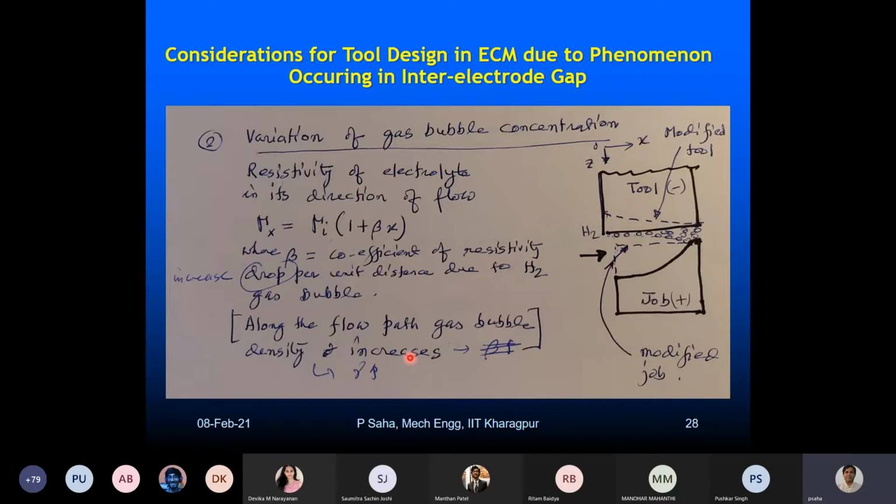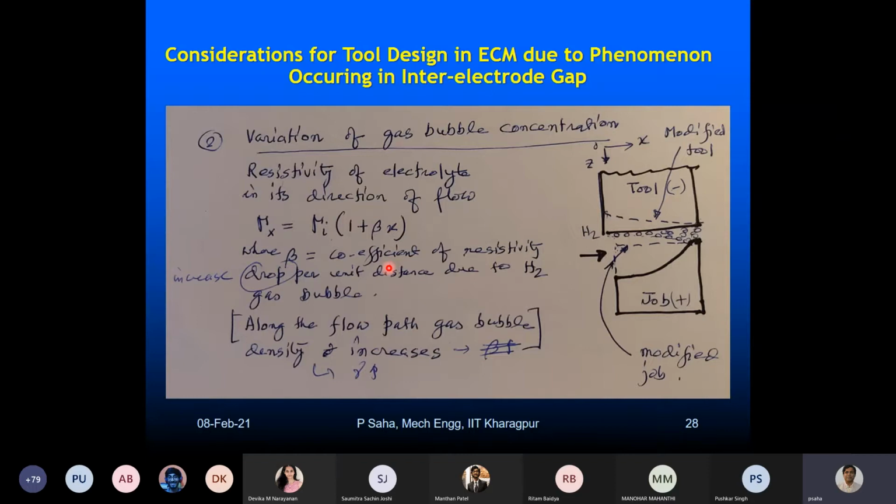Okay, so this is something we have to do depending upon the situations that may happen, because there is no straightforward rule. Because what could be the beta value? Beta value again depends upon the rate of your bubble generations, which are dependent upon the machining rate, and how much they are distributed, that would depend upon the incoming electrolyte pressure, how much these bubbles get drifted from these places, so that local concentration can be changed. So situation to situation, it will vary.